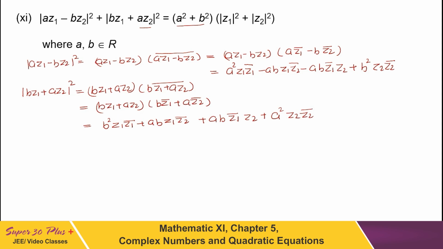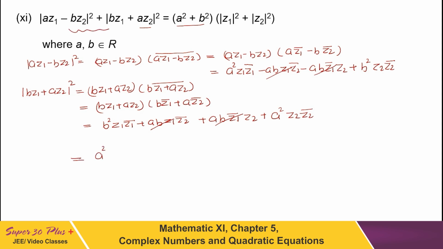Now we are going to add these two equations, and after adding we find that this cancels out. Means if we add these two equations, left hand side is here and right hand side will be